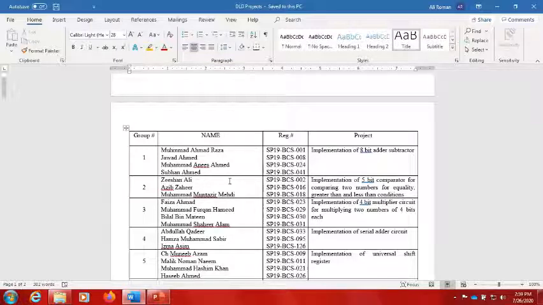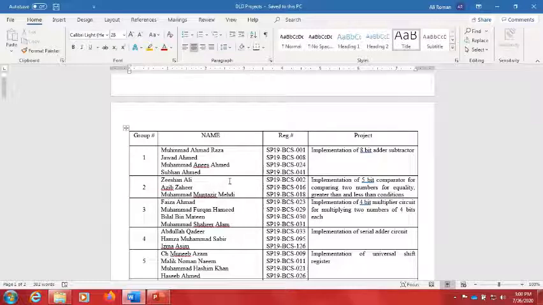So what we have studied in our course, that we have designed the adder subtractor for 4 bits, and now they have to upscale that to implement the adder subtractor with 8 bits. So what they have to do is basically they have to implement the full adders first, and after the implementation of full adders, they have to instantiate their modules in such a way that they can implement a mechanism that has the capability to add or subtract two numbers, and they have to decide a control input that is responsible to identify which operation we are performing on the data inputs.